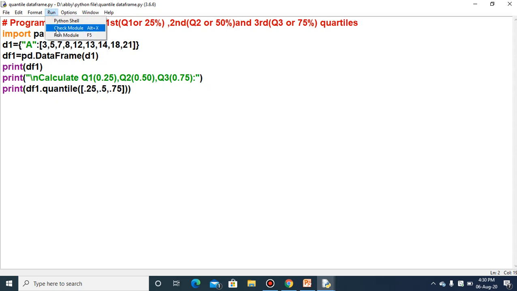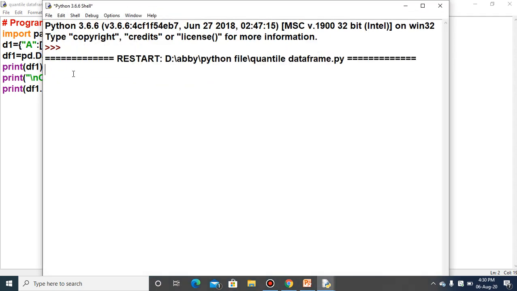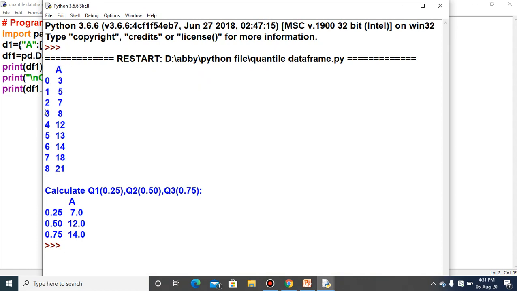So let us execute this one. Here you can see 0, 1, 2, 3, 4, 5, 6, 7, 8, these are the indexes. A is the name of the column, and these are the different numbers, and for these numbers I have calculated Q1, Q2 and Q3.